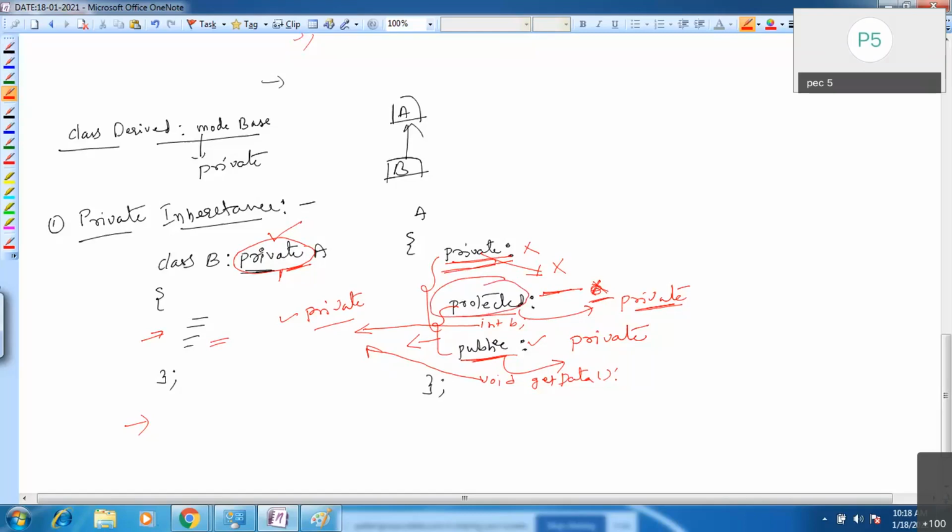Protected members you can access, but they will become private inside the derived class in a private derivation, and public members also become private inside the derived class in a private derivation.